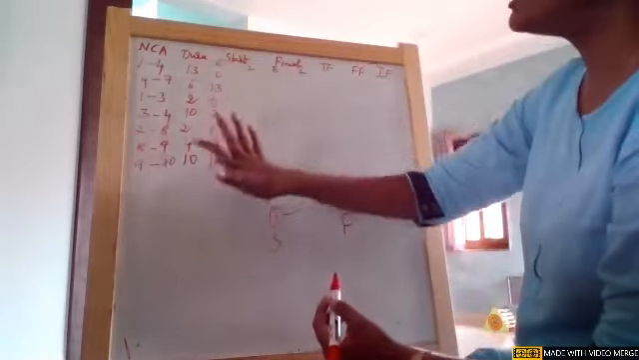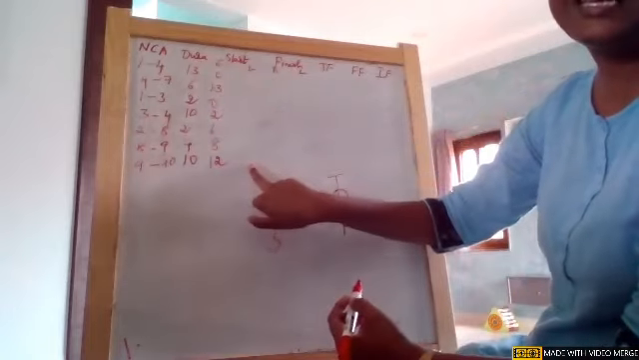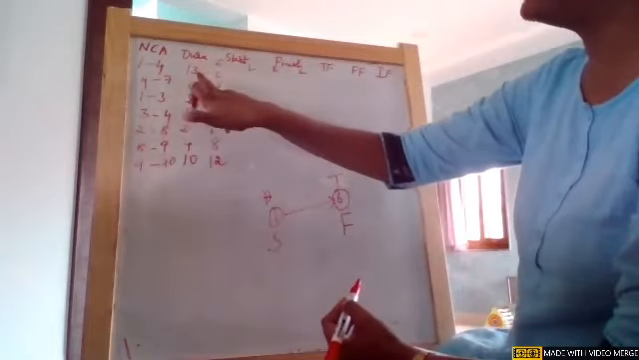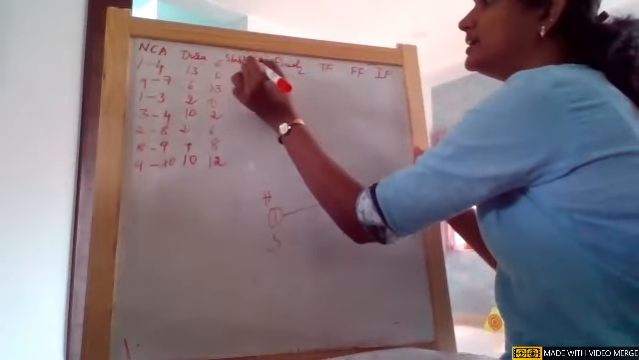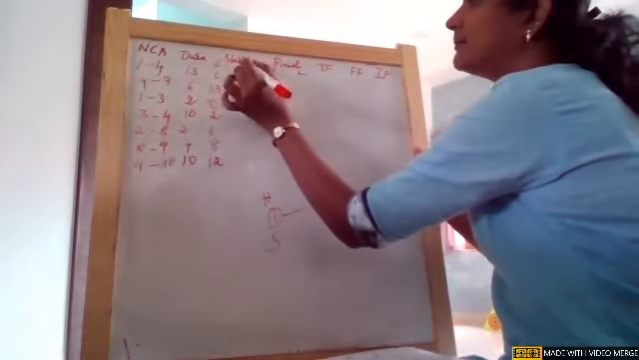Now, in order to find the latest, very simple, girls: add the duration. 0 plus 13 is 13. You can write it here. Latest is nothing but...